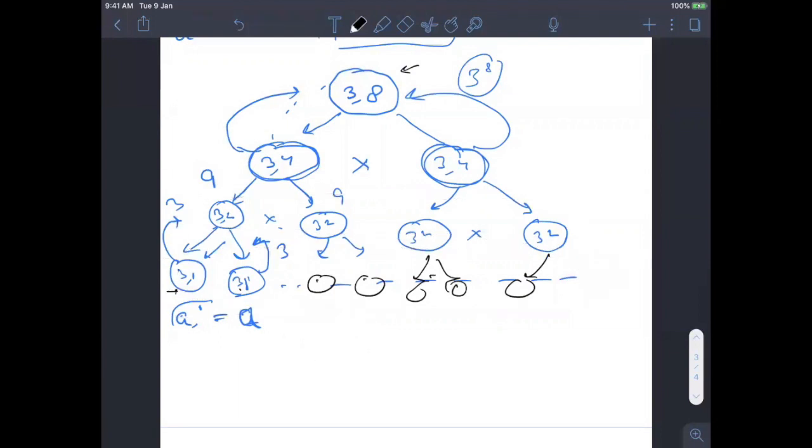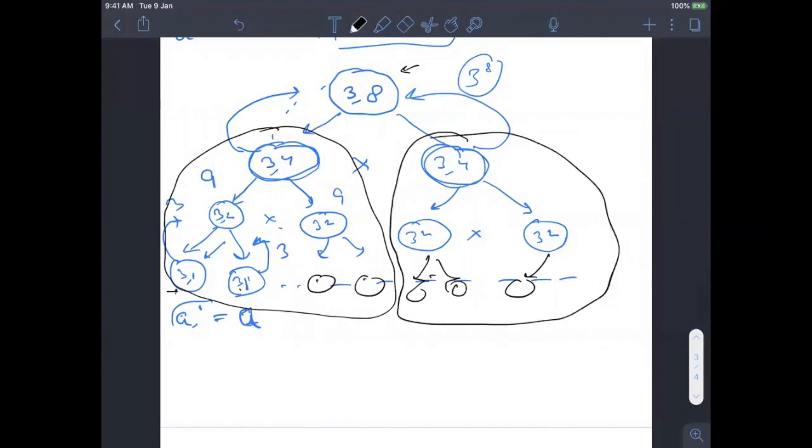Yeah. So we are just trying to compute this tree, and this tree is a clear replica of this tree, right? It is again 3 to the power 4. So why am I calculating it again and again? If it is 3 to the power 4, I'm calculating it here, and I'm again calculating it here. If I'm already getting the answer for 3 to the power 4, and if you remember my recursion sessions, I always told you here, we go like this.